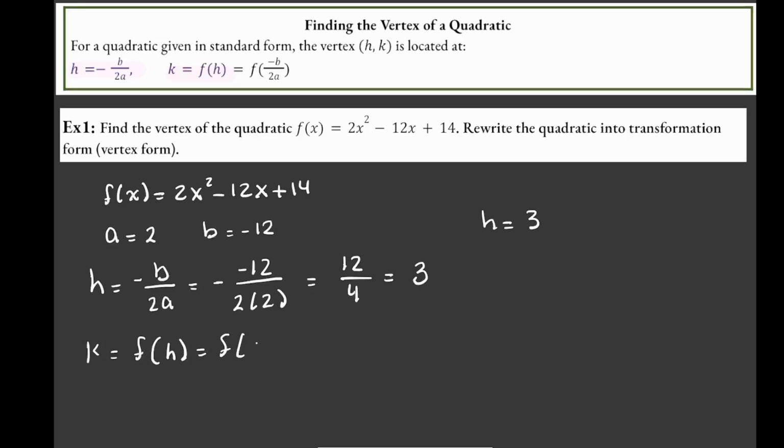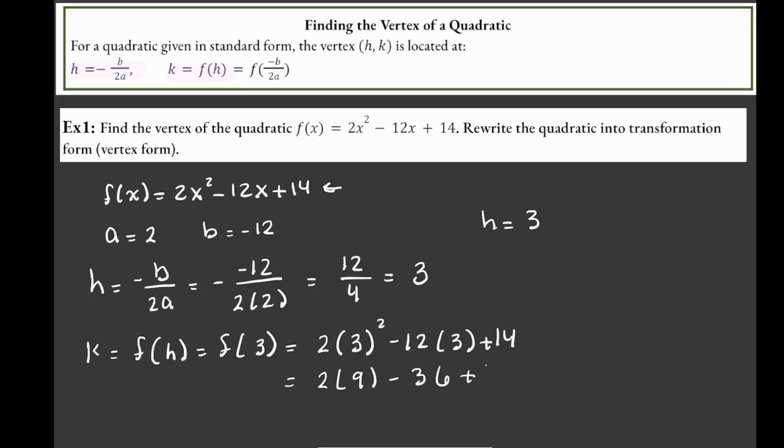So I need to find f of 3. Taking my standard form function, for every x I see, I am going to plug in a 3. So 2 times 3 squared minus 12 times 3 plus 14. That is equal to 2 times 9 minus 36 plus 14, which equals 18 minus 36 plus 14. So now my k value is equal to